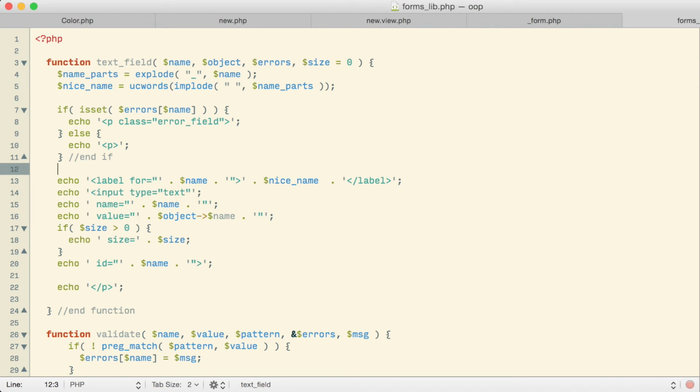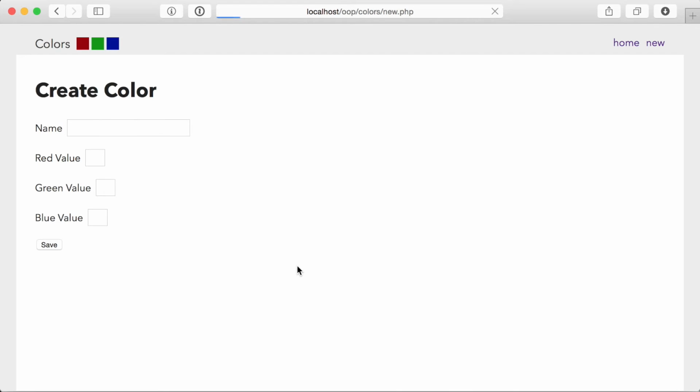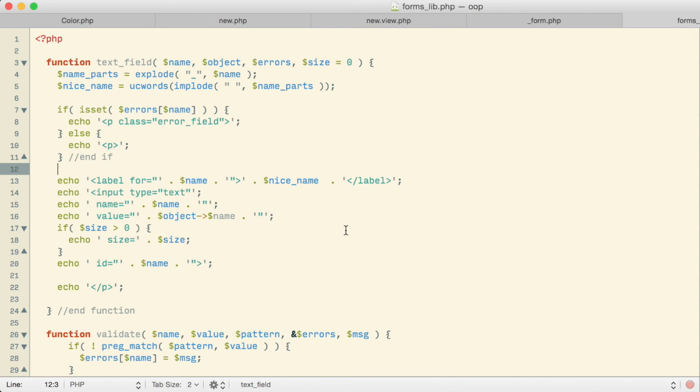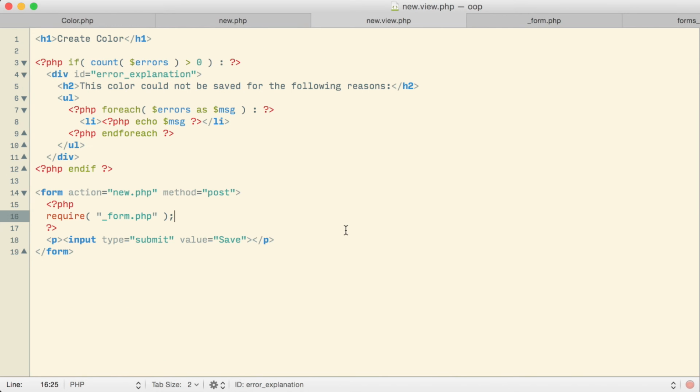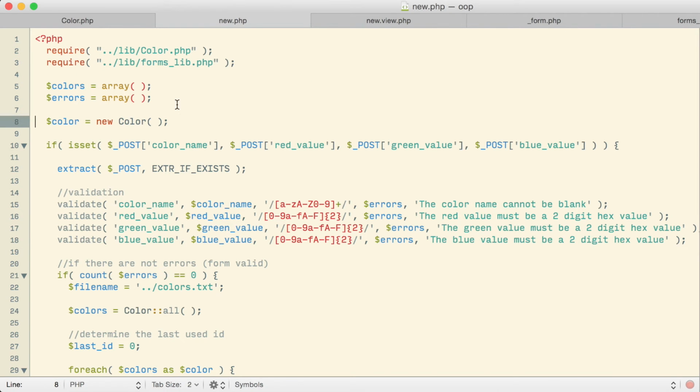With that one little change made, this text field function should be properly using our objects. If I jump back over to my browser again and refresh, things seem to be okay. You notice the label there actually updated, so it's now named the way that it actually is inside the color object itself. So that's a good improvement. My page is pulling up and it is using the values from the object it's being given at this point. Because I'm giving it a blank object, the form itself is showing up blank. But that's an important step because hopefully now during validation, whenever we do have values in the object itself, those values will be showing up in the form properly.